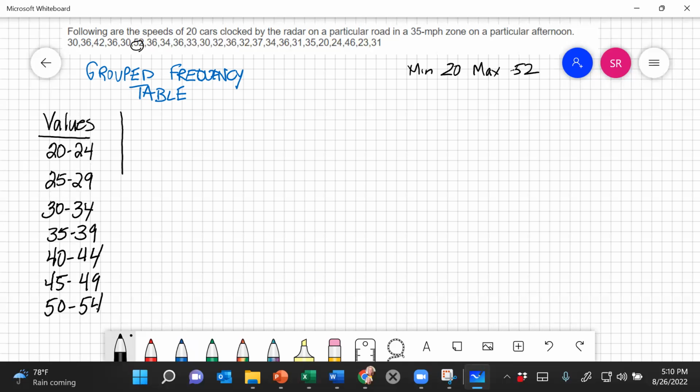I'm going to make a separate column right here for tally marks, and then I'll put our actual data in blue. So let's continue on to indicate where each of these will go. I'll cross them off as I go. So the 30 is going to go here, 36, 42, 36, 30, 52, 36, 34,